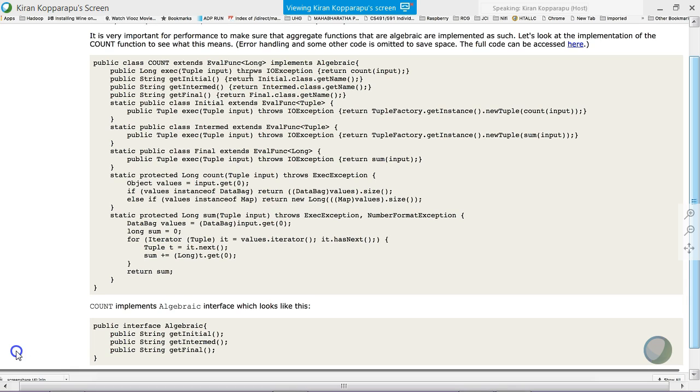But here we know that it is already long, and that is what it has been returning. So input.get(0), whatever the type of the tuple columns that have been passed, whether it can be a string or a set of strings or a set of longs, is the entire tuple. That's why they put it in a generic way. You need not cast into a particular data type here. So the object would just be the values of type object,